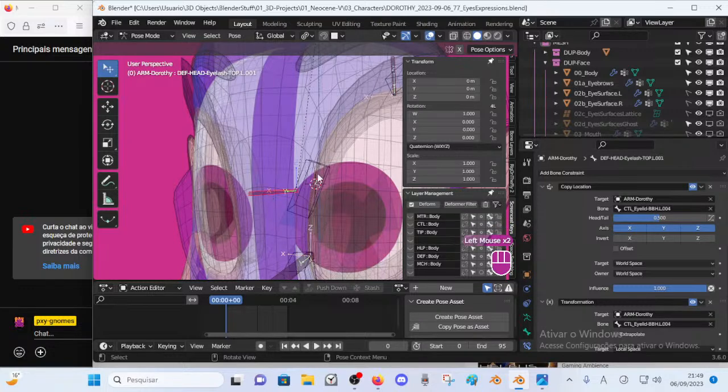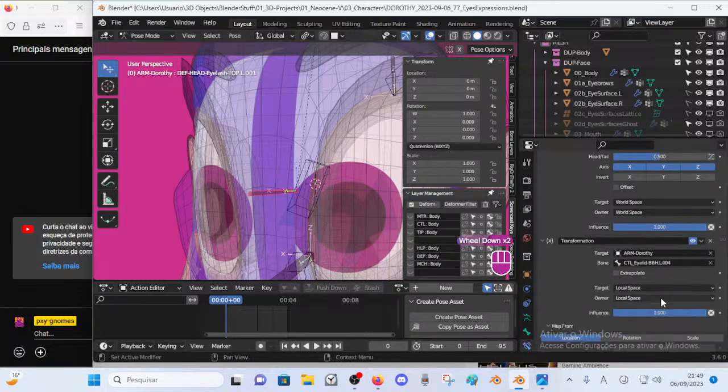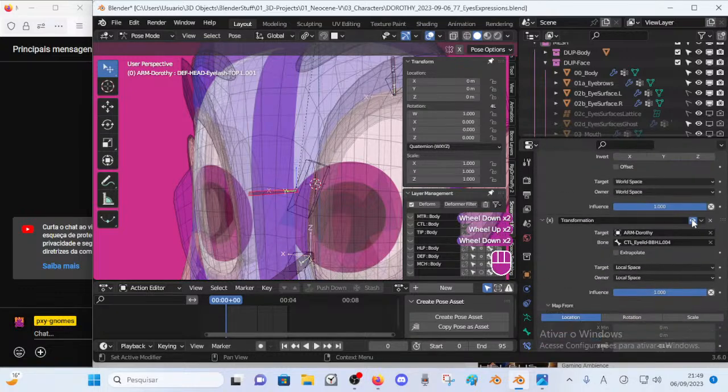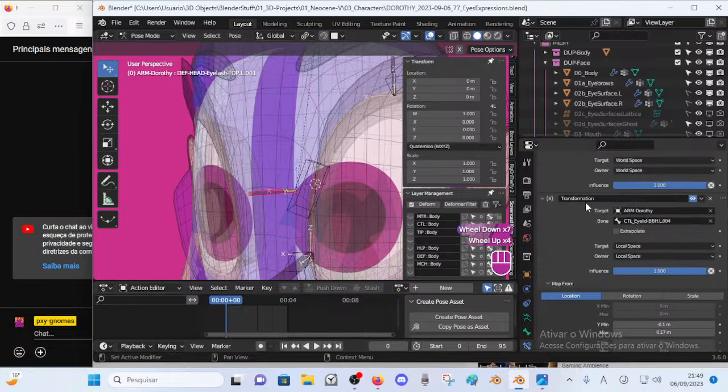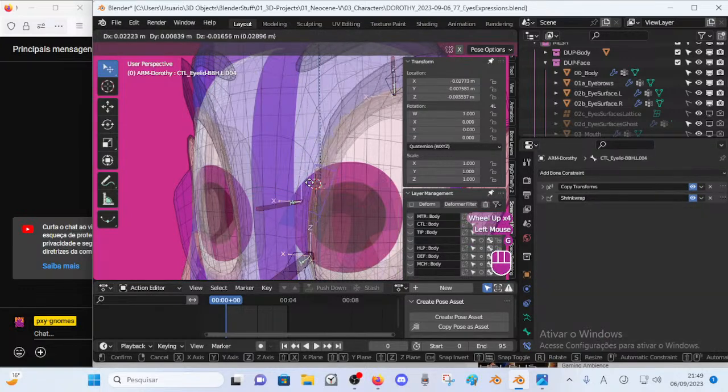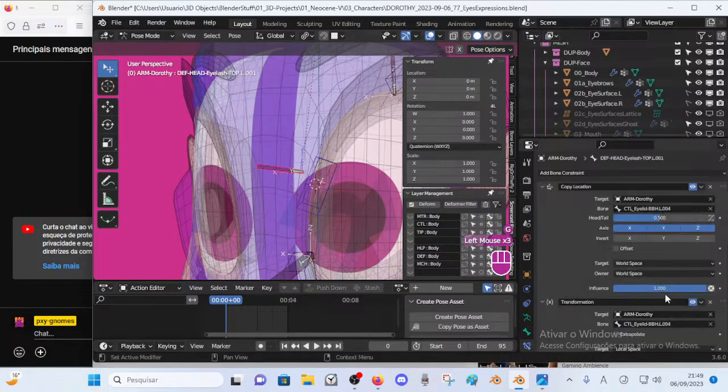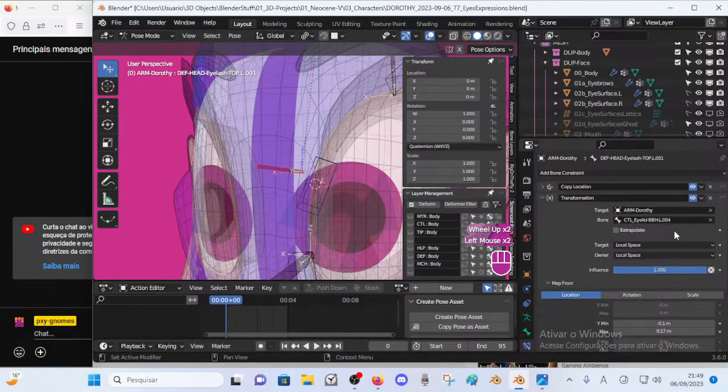So this bone is copying these bones' locations in real time. In addition to that bone constraint, there is a mix add for the transformation bone constraint, so that as we move this up, there's a range here.